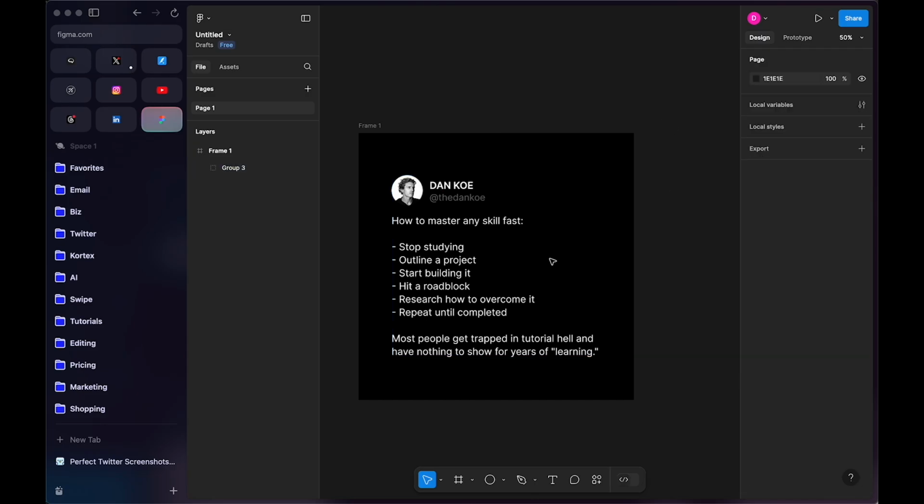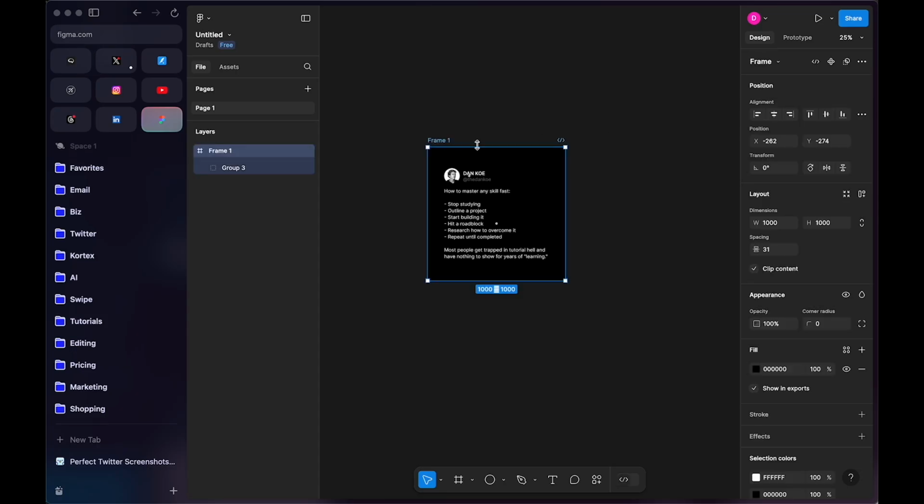That looks good. Now, of course, one thing I would recommend is that you attempt to style this with either your own colors or just in your own way. I think the simple tweet style looks really good, but I would recommend changing a font to something that you like, or changing the color, making it white and black instead of black and white, or something of that nature. Now, what I want you to do is select this, and